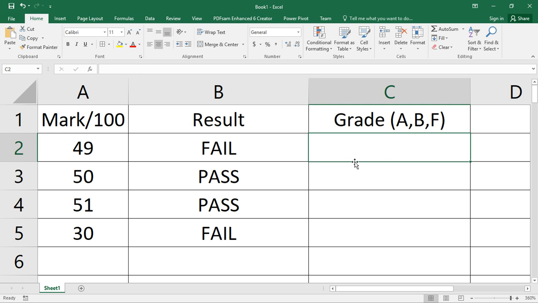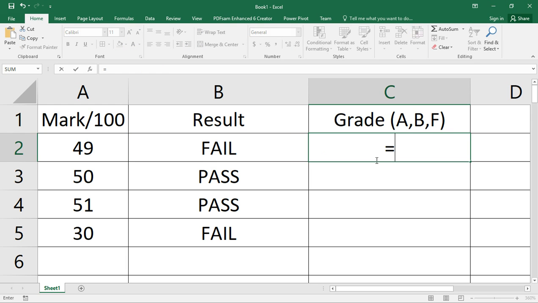In this case we have only two cases, fail and pass. Now we have A, B, and fail. And then let's say A starts at 75, and anything else above 50 is a B, and anything below 50 is a fail.